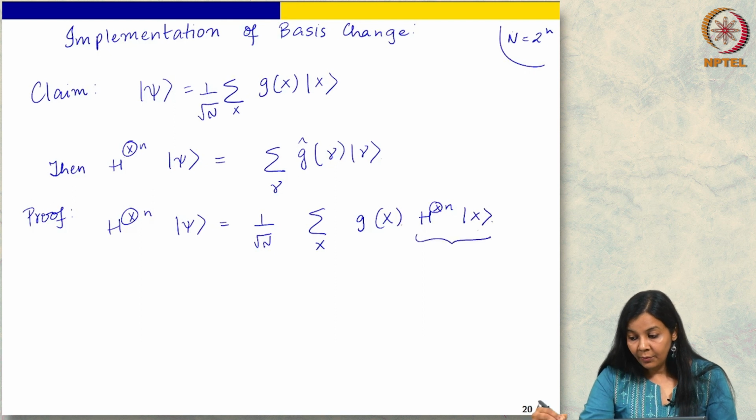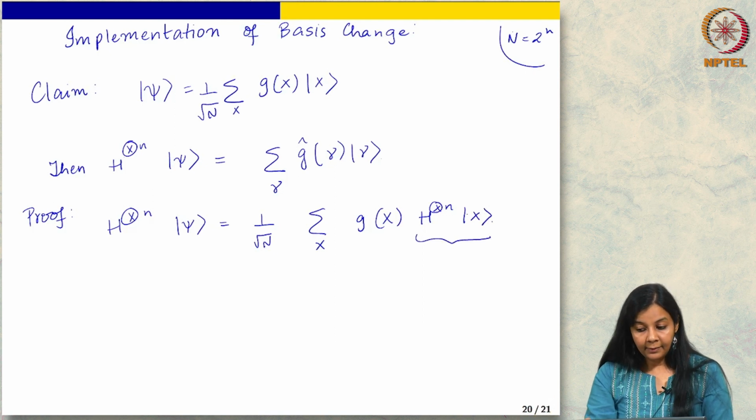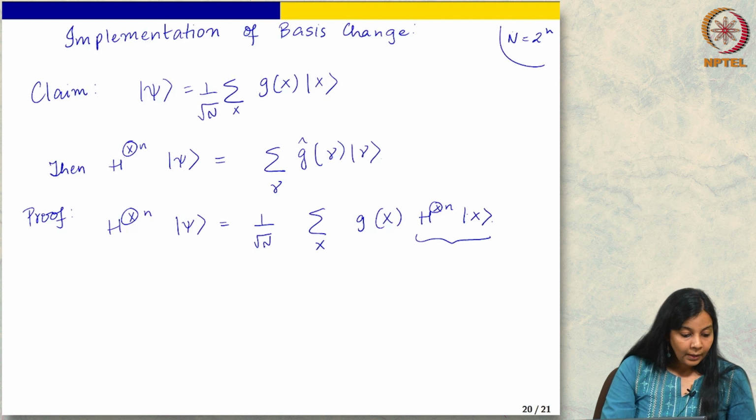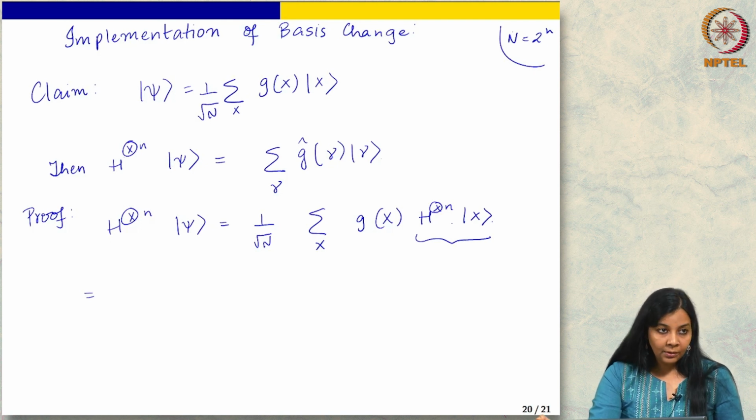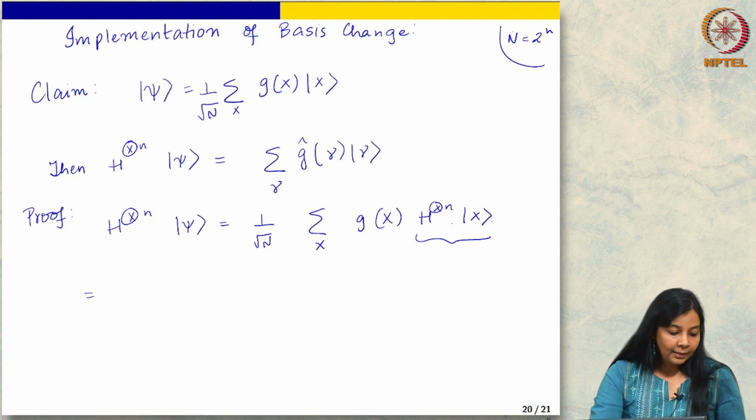So, now obviously I can move the Hadamard inside, and you remember that while studying the algorithms we had worked out what the Hadamard transform is for a given quantum state. Okay. So, does anyone remember what it was? Yeah, summation over something, let us say gamma, minus 1 to the gamma x, right, gamma.